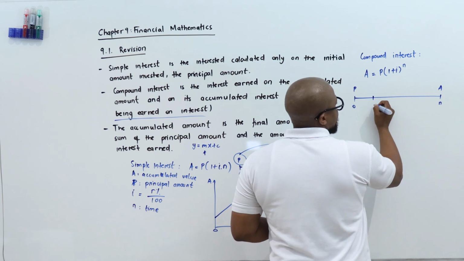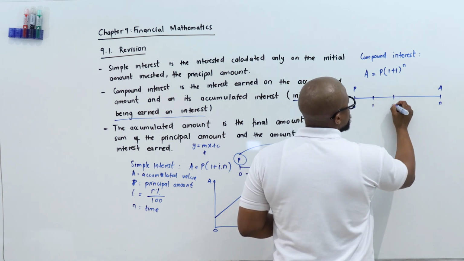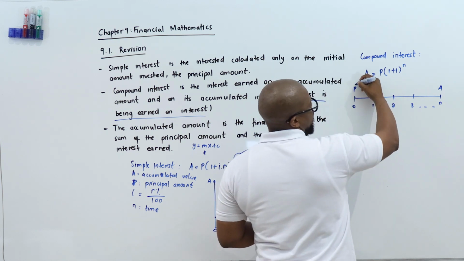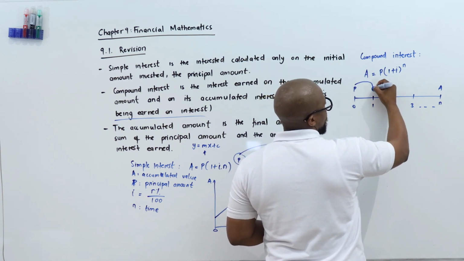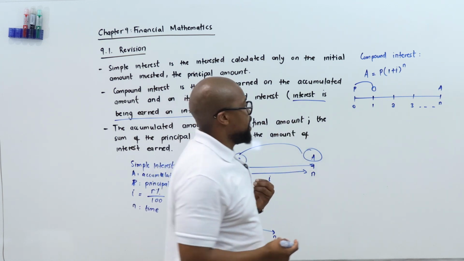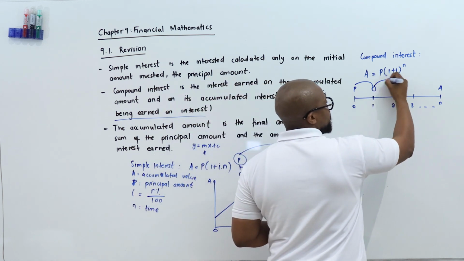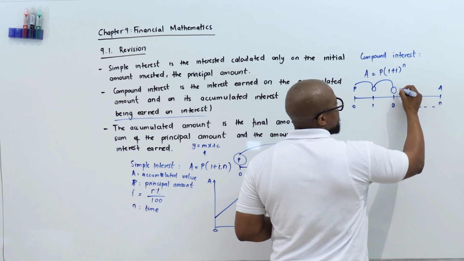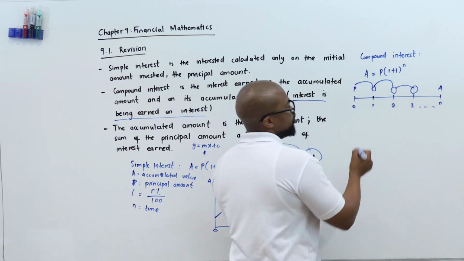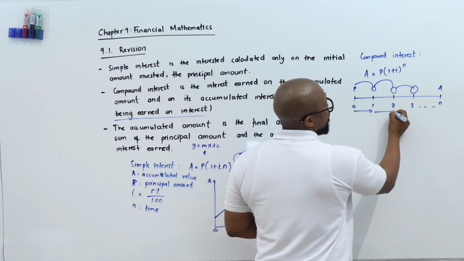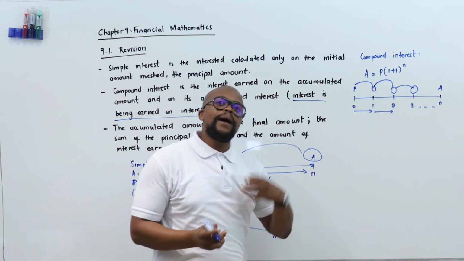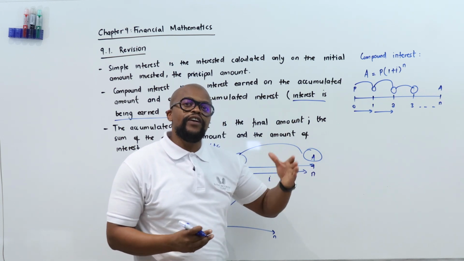interest is on top of interest, right? Which means that the accumulated value accumulates to time 1, right? And it becomes an amount that is bigger than the accumulated value. And then you add interest again on a bigger amount, right? And add interest again on a much bigger amount. Because as you go from year to year, your amount keeps increasing. And when you calculate your interest, you keep accumulating it and calculating it on values that are a lot bigger